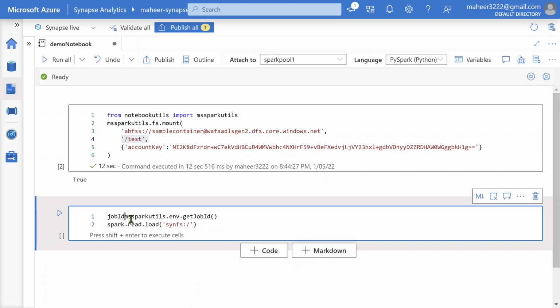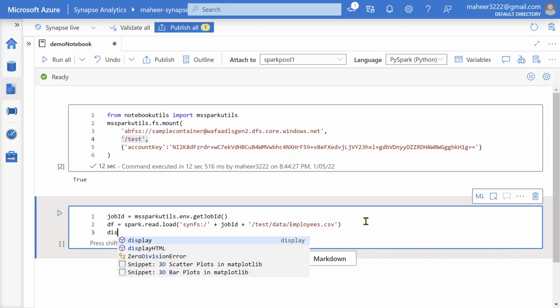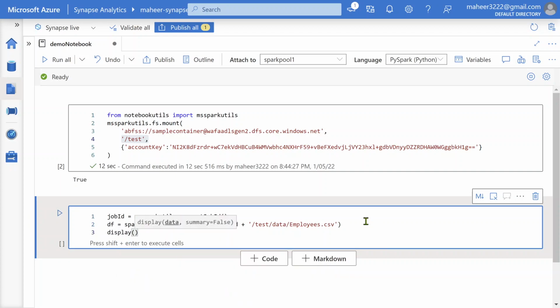So let's save this in a job ID variable, and then let's use this job ID here. I'm using concatenation here, plus symbol. Then mount point name, text is my mount point name, then data is my folder name, because mount point points to my container only, so the remaining path I have to give. Then employees dot csv. So this is going to get a data frame completely. Let's save this data frame in a variable called df, and then let's display this data frame